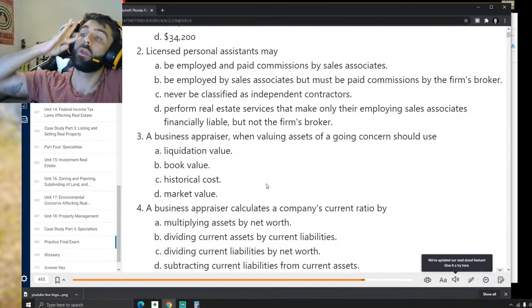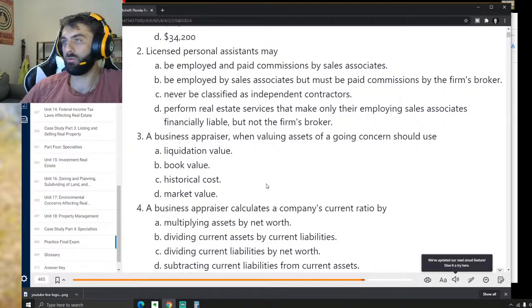Question 3. A business appraiser, when valuing assets of a going concern, should use A, liquidation value, B, book value, C, historical cost, or D, market value? A business appraiser, when valuing assets of a going concern, should use...